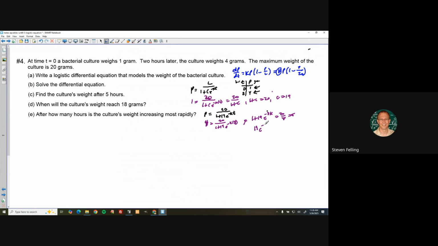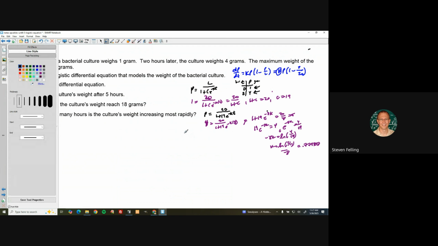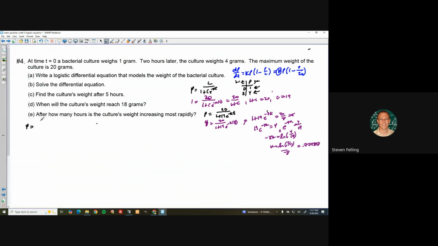So 19e to the minus 8k is 5 minus 1, which is 4. And then e to the negative 8k equals 4 over 19. So negative 8k is the natural log of 4 over 19. So k is the natural log of 4 over 19 divided by negative 8, which turns out to be 0.77907. Right, so now I can write this model one more time: P is equal to 20 over 1 plus 19 e to the minus 0.77908